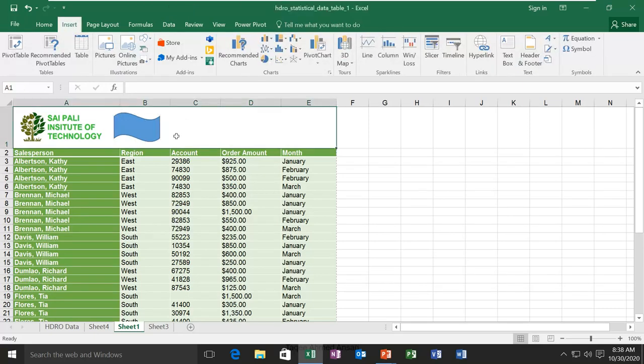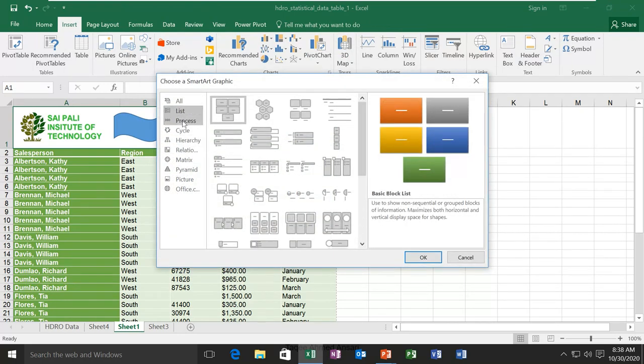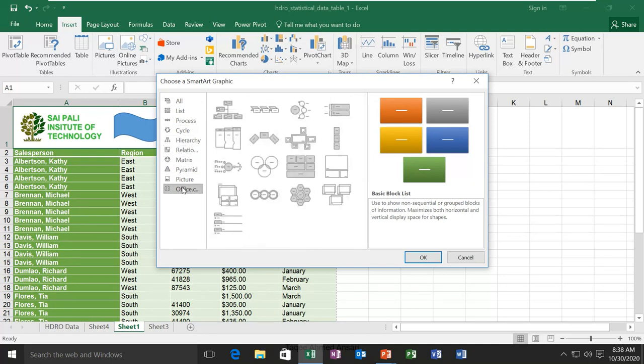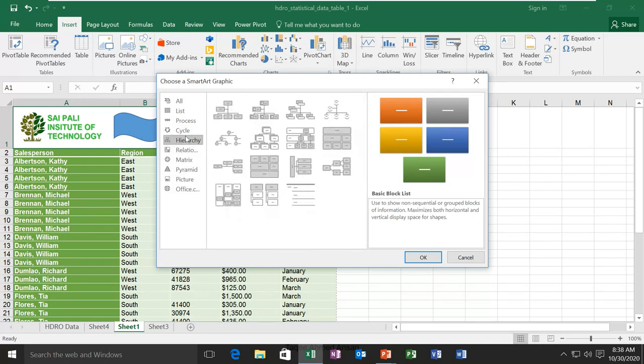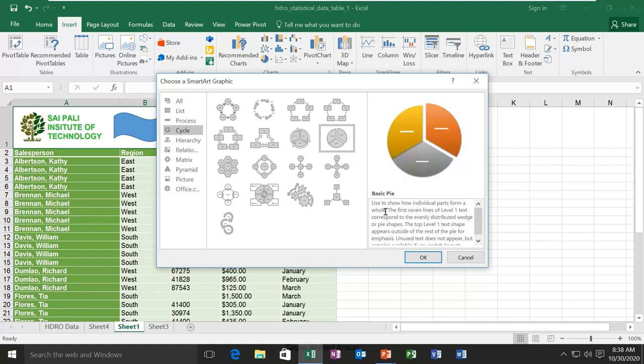Same as shapes, you have an option here to add SmartArt. SmartArt is the representation of some lists, processes, and cycles. So you have these different options to choose from. Let's say I want to add a cycle process, this one.